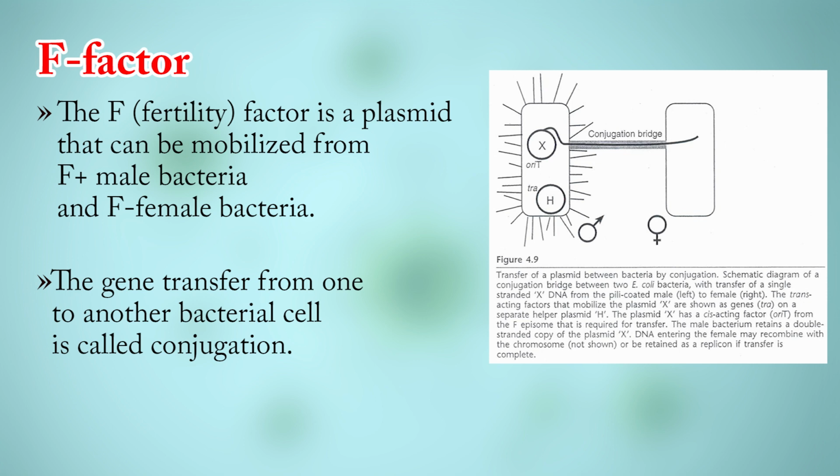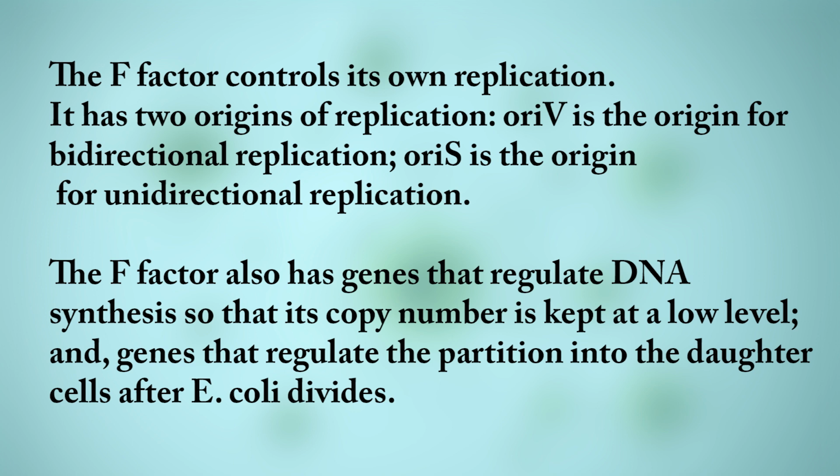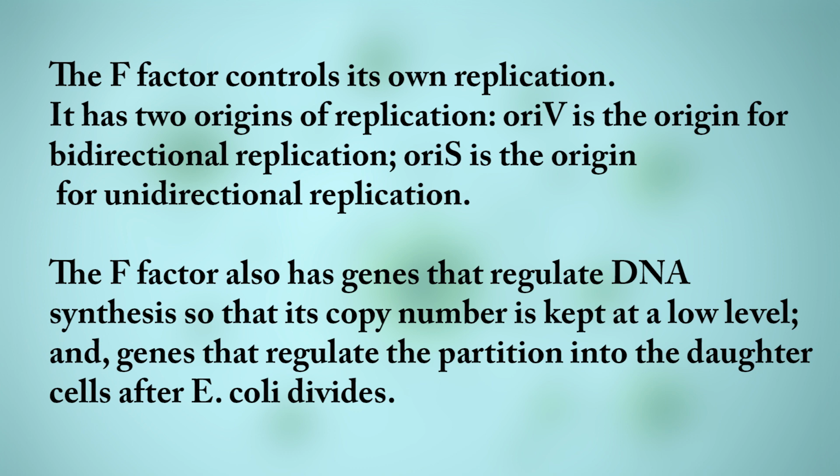So, this is the engineered version of the F factor, where we have added new sequences to act as a cloning vector. The F factor has its own replication, it can control its replication, right. So, it has two origins of replication. So, you see that in the extrachromosomal circular DNA in the form of the F factor plasmid, it has the ability for bidirectional replication and for unidirectional replication, because it is controlling the gene transfer. So, there is a natural presence of these two types of origin in the F factor plasmid, like the ORI V site and ORI S site for different directions of replication,